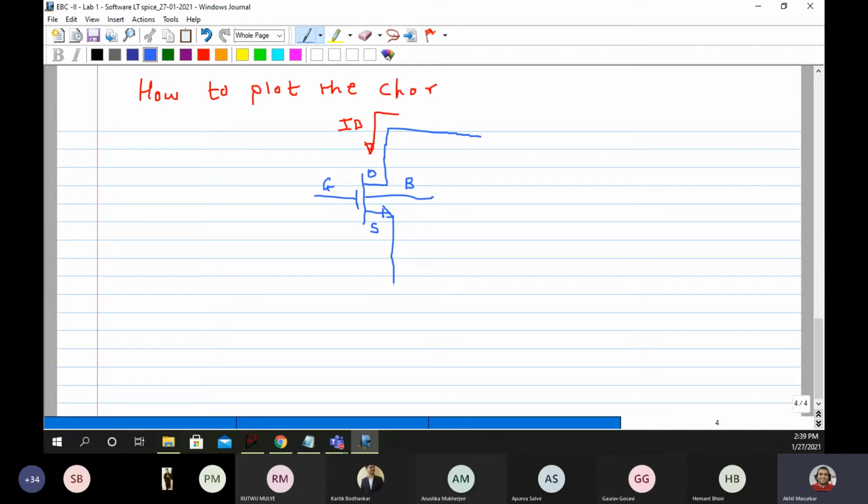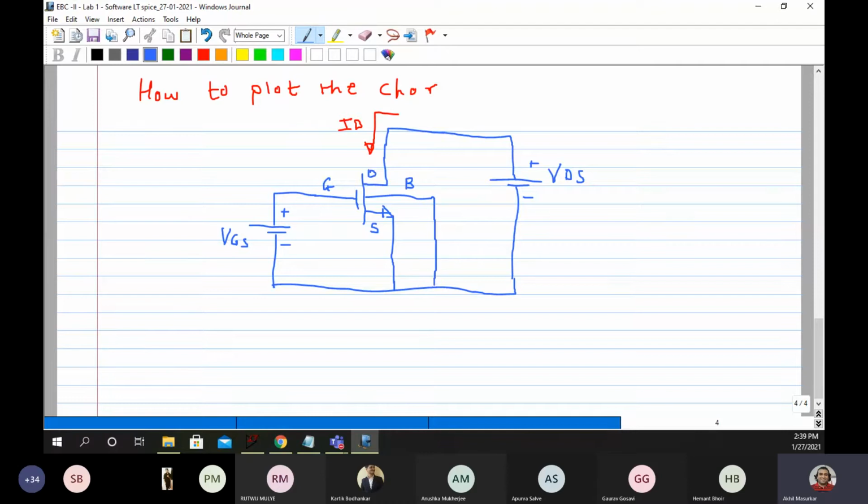So here I will give VDS. The voltage between drain and source is nothing but VDS, and the voltage between gate and source is nothing but VGS. So here I'll write plus minus VGS, and body is generally connected to source, or I will say ground.